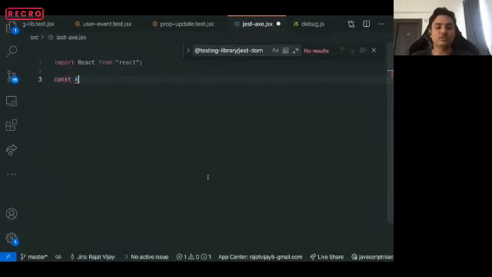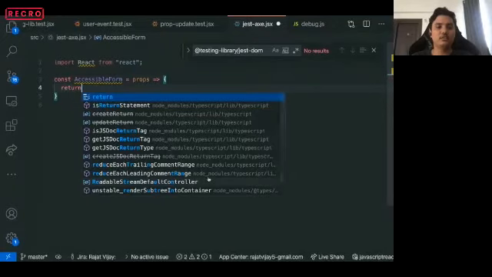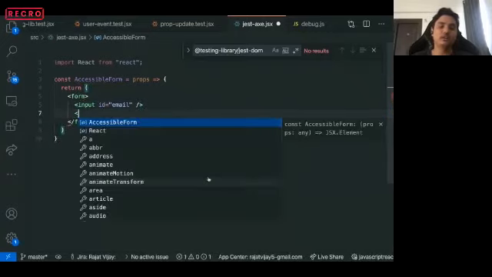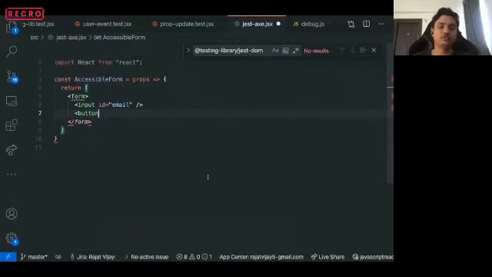So my component is AccessibleForm, for example, and it returns a form element which has an input of ID email and a submit button of type submit.